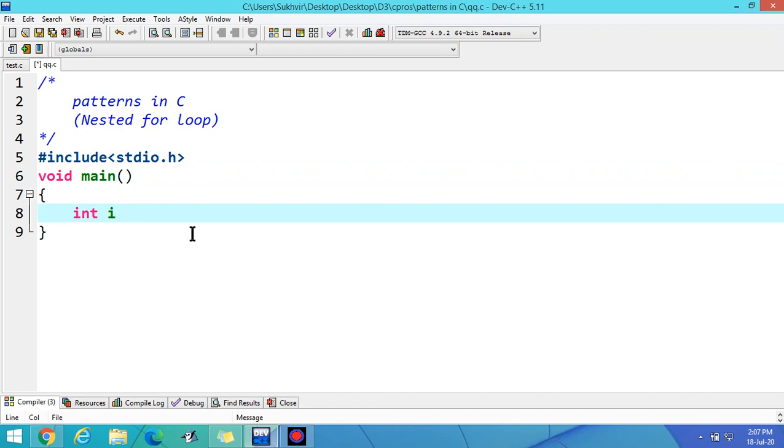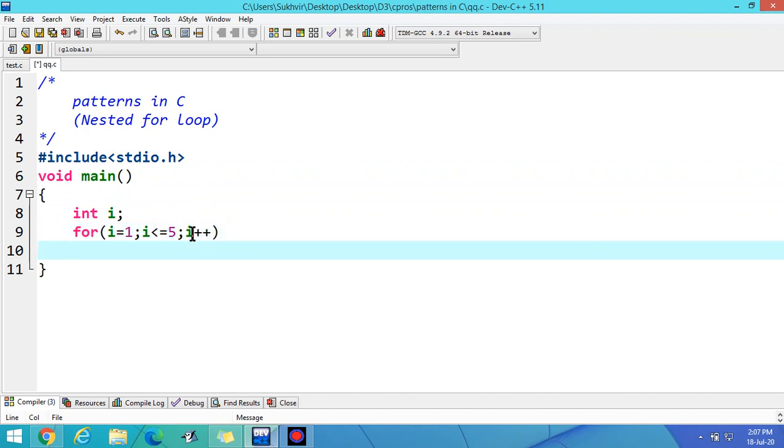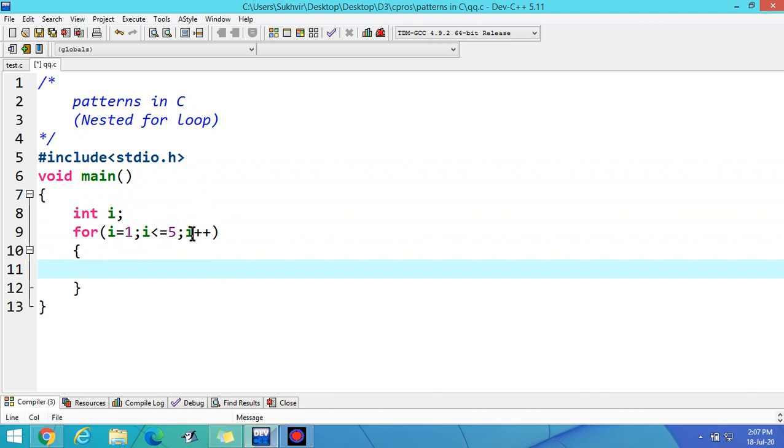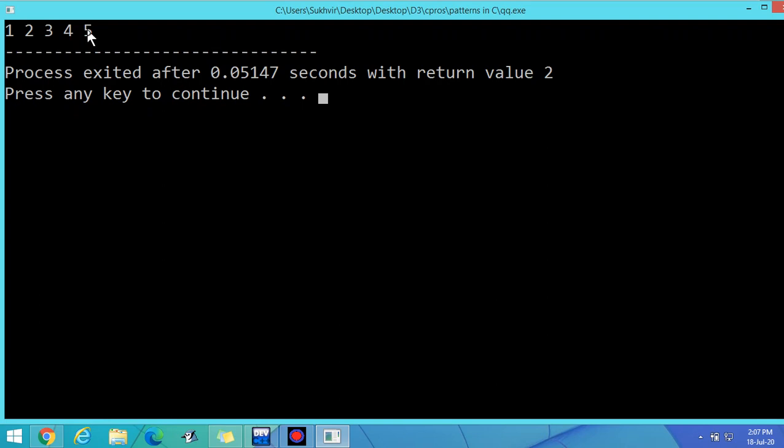Suppose I write here int i, then for i is equal to 1, i less than equal to 5, i plus plus, then printf %d, then i. Suppose I print like this, then execute the program. You will see the output like this: 1, 2, 3, 4, 5.